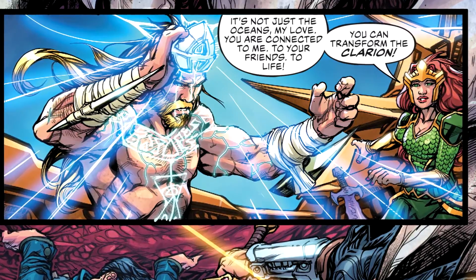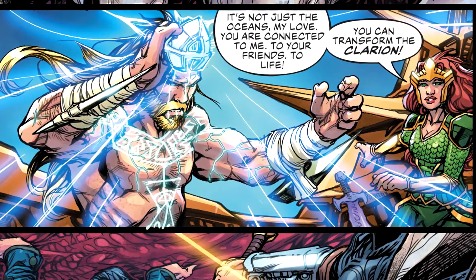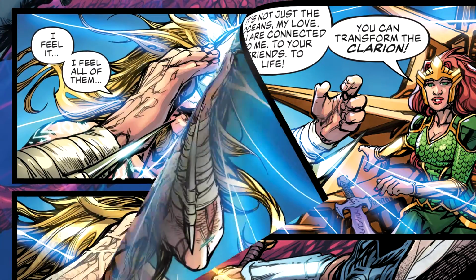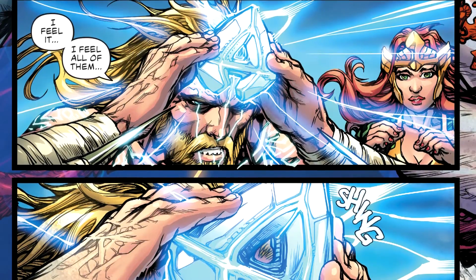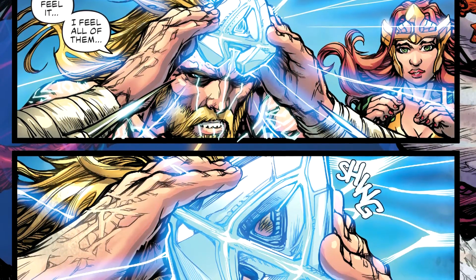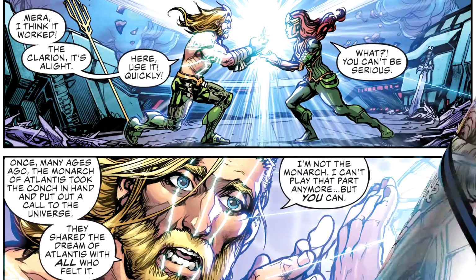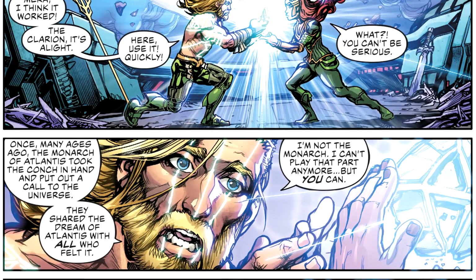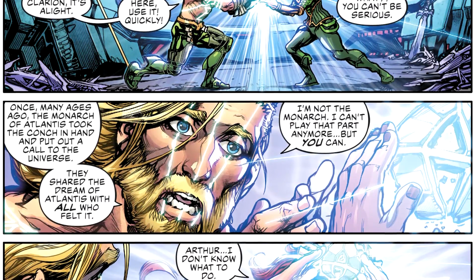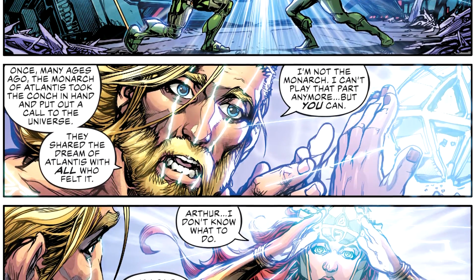The conch has been aligned with death, not life. Aquaman must use the power of the Trident and whatever powers he still has inside of himself to transform the conch back to being an instrument of life as opposed to being an instrument of death. And once he manages to do so, he hands the conch over to Mira. Because Arthur is no longer king of Atlantis, the person who should give the message should be the ruler, and that would be Mira. And Mira, though she's reluctant to do it at first because she doesn't know what to do in this particular situation,